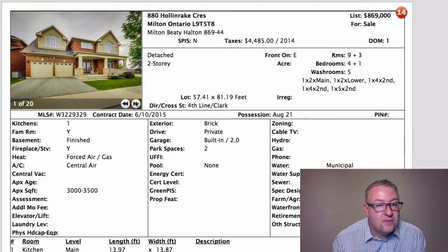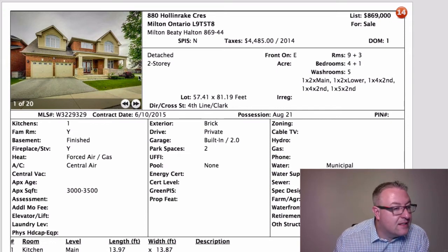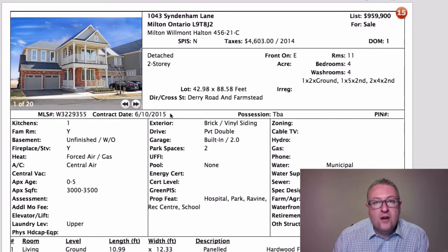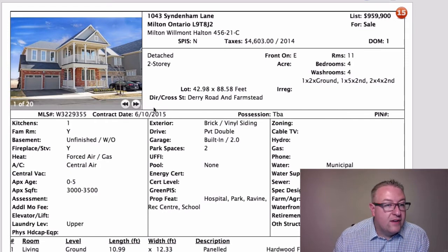I really like this one. I think it's a fantastic deal, and the neighborhood is awesome. So I have a feeling this sides onto Clark, but that green space is amazing. Love this one. Now, if you want to go up to the next level on finishes, you can go to